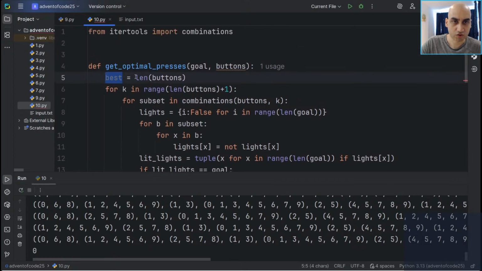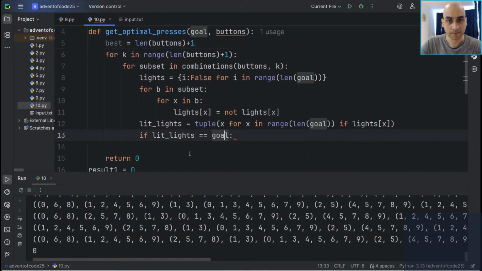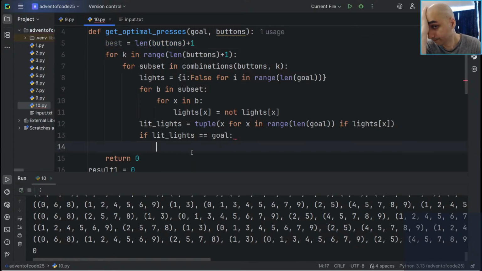Also, best shouldn't be length of buttons. It should be length of buttons plus 1, because essentially this is an invalid best. All right. If lit lights equals goal, best equals minimum of best and length of